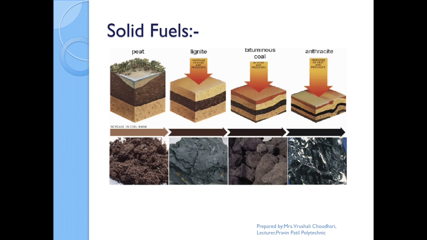This is your initial state called peat, which is a brownish fibrous mass. As it converts into lignite, volume decreases, carbon content increases, and volatile matter decreases. Again it converts to bituminous, mass decreases and carbon content increases. Similarly it proceeds towards anthracite, which is the best quality of coal, having the lowest quantity of impurity and the highest quantity of carbon. With the highest carbon, the maximum calorific value is there.